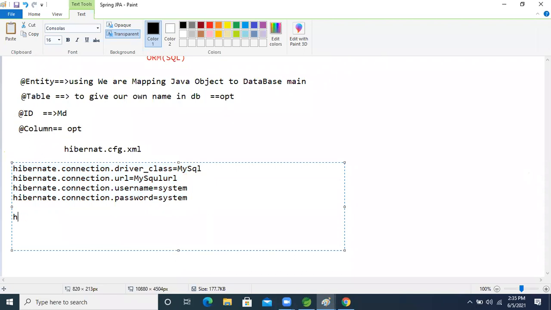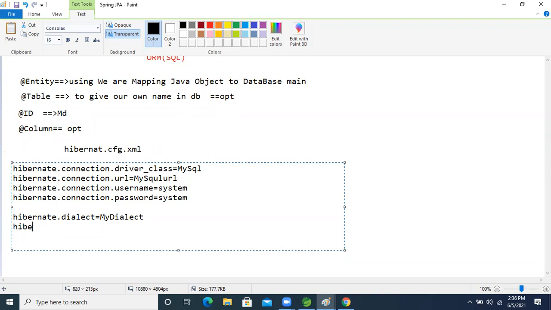Don't worry, I will explain each and every property, and the code will be reduced. So hibernate.dialect: if you are using MySQL, the MySQL dialect will be there.